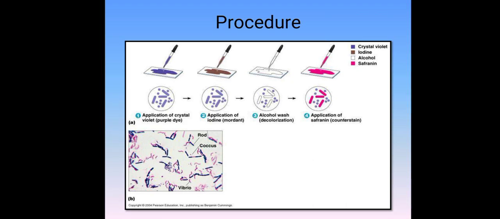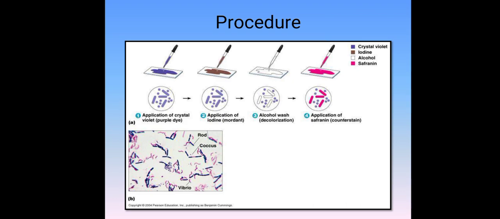Then secondly, there is the application of the mordant, that is the Gram's iodine. It remains on the bacterial smear for about 30 seconds. Within this time, it is responsible for forming an insoluble complex with the crystal violet, fixing onto the Gram positive cell walls, and it again forms a complex with the Mg+2 ions, which are preferentially present within the cell walls of the Gram positive bacteria.